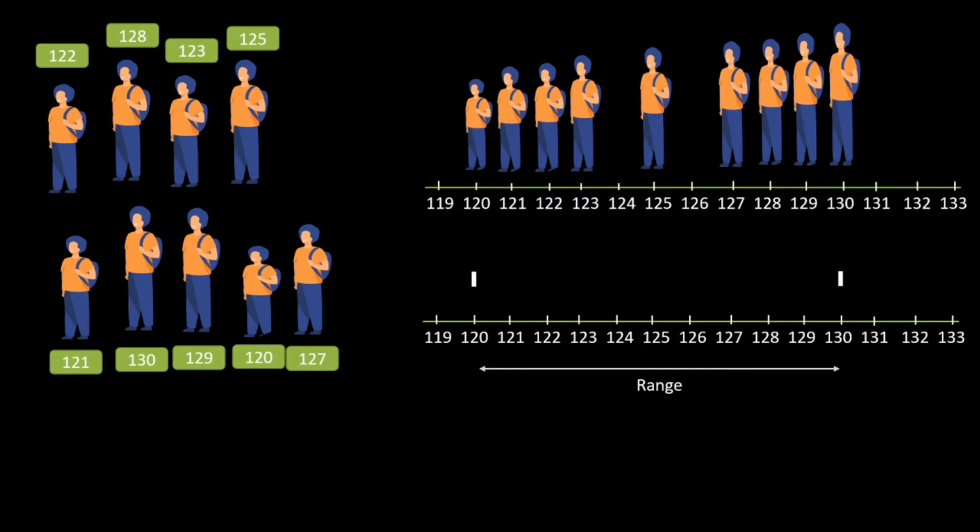Now we have to take the median of all these students. We know that when we have an odd number of students and we have already arranged them in ascending order, the middlemost one, the 125 one, will be the median. So let's create a straight line at our median.